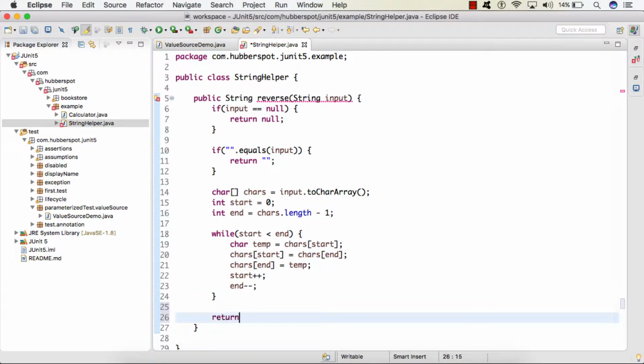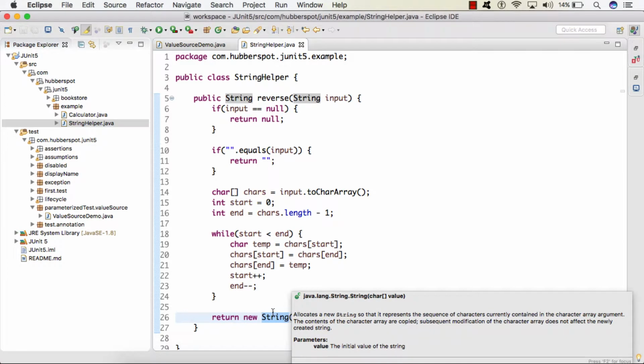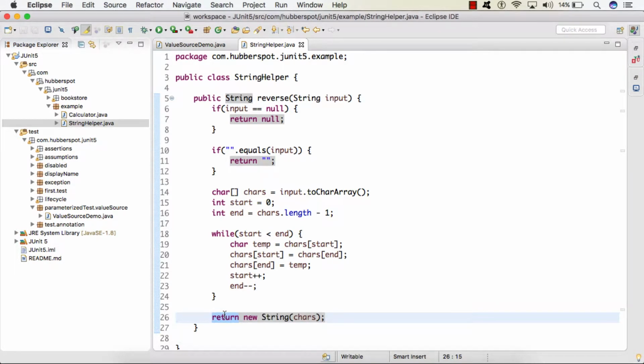And friends, finally we'll return the reversed character array by converting it back to a string and returning it from the reverse method.